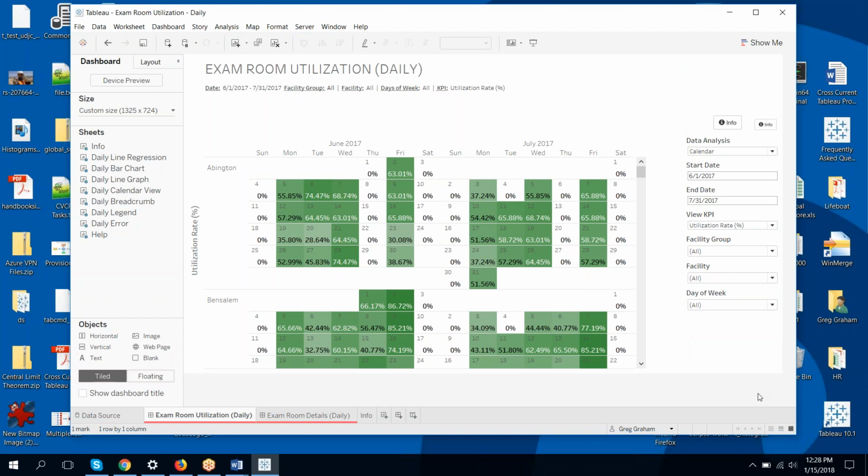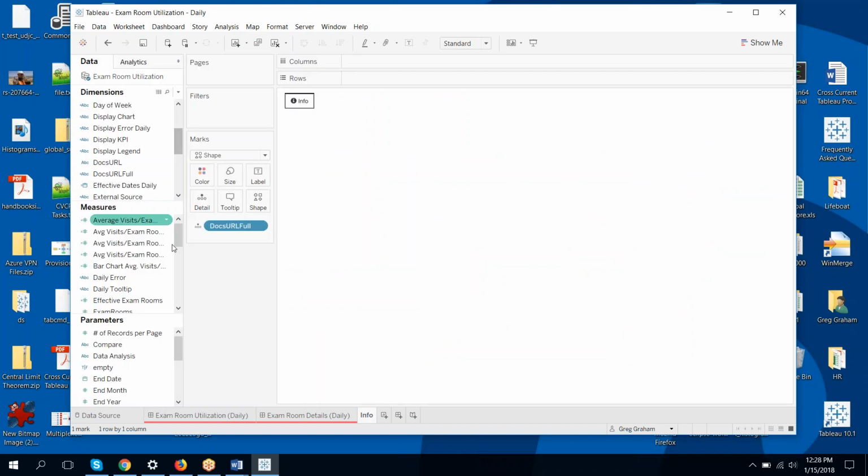Any questions about info buttons? Greg, I saw that the actual link has an encoded URL with a percent sign. Is this because the actual URL has spaces, or do we have to encode it, or is it automatically encoded, I think, with the HTML? Yeah, it's automatically encoded. If we go to the info worksheet,